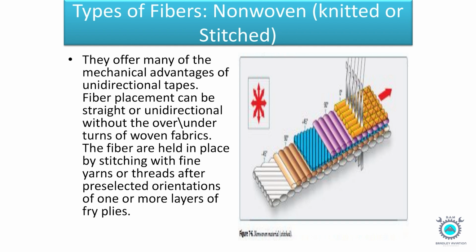Types of fiber: nonwoven, knitted, or stitched. They offer many of the mechanical advantages of unidirectional tapes. Fiber placement can be straight or unidirectional without the over-under turns of woven fabrics. The fibers are held in place by stitching with fine yarns or threads after pre-selected orientations of one or more